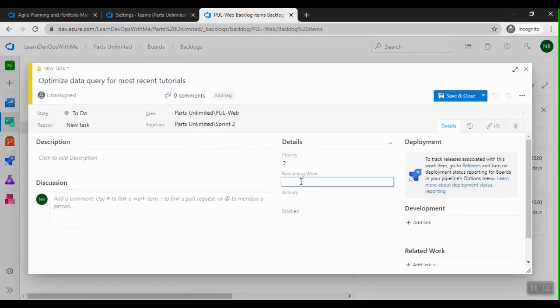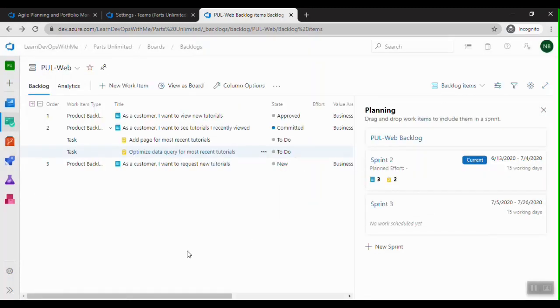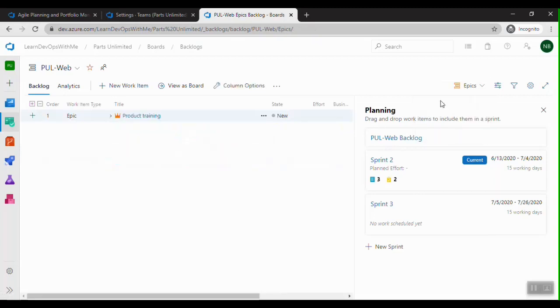And maybe I'll say remaining work as 3, and this is a design work item. So the task is of design type. Okay, so what we did is, let me show it from the beginning.